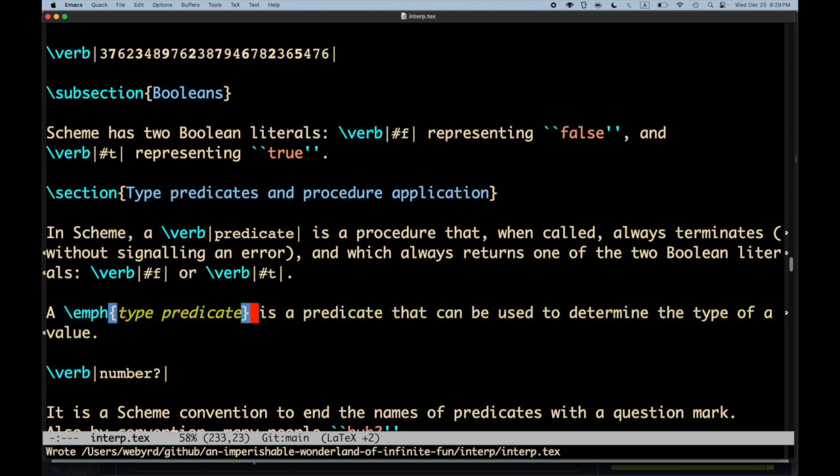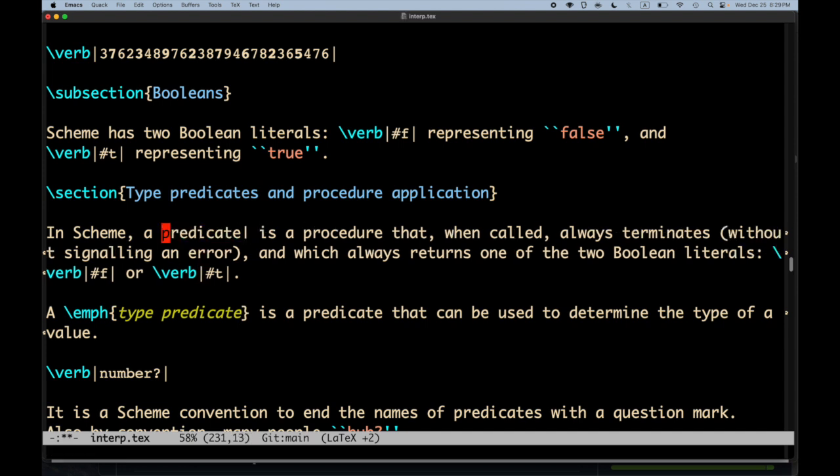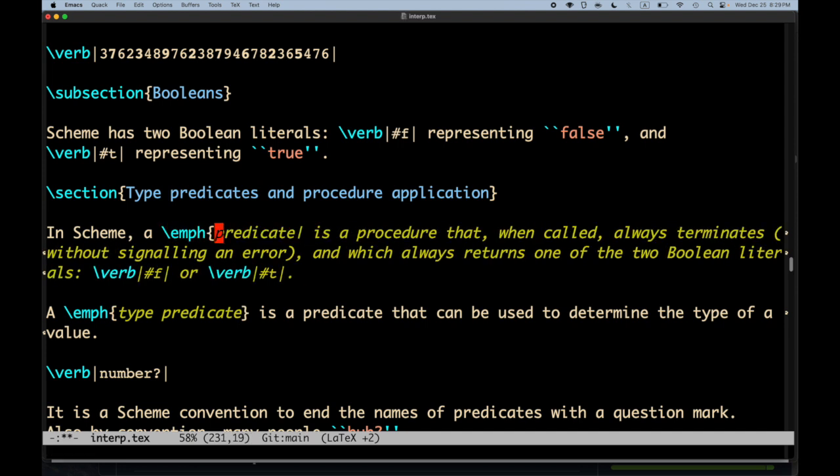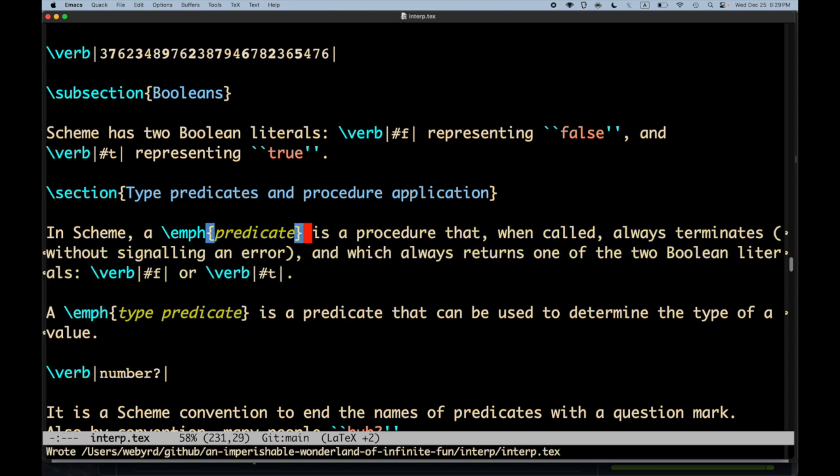Okay, so these are technical. Actually, that shouldn't be a verb. That should be an infinitive. This is a technical term that we're defining. A predicate is a procedure that, when called, always terminates without signaling an error,